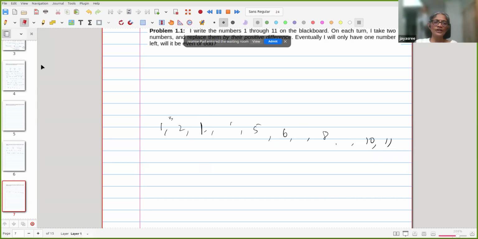So now you know that there are many different ways in which I can do this. I can first take 10 and 9. I can take 10 and 1. At the end, what will happen? At every step,